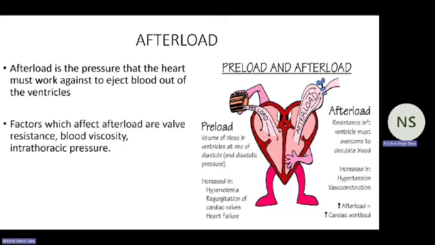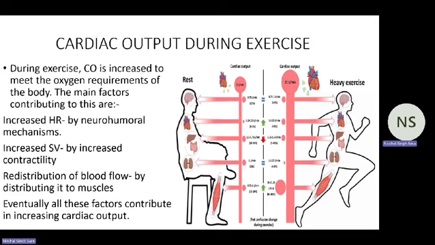The next is cardiac output during exercise. So during exercise, we see that cardiac output is increased, and the reason for this is to meet the oxygen requirements of the body. The main factors that contribute to this are increased heart rate. So we see the activation of sympathetic nervous system as well as activation of hormones such as epinephrine and norepinephrine, which increase the heart rate. We also see an increased amount of